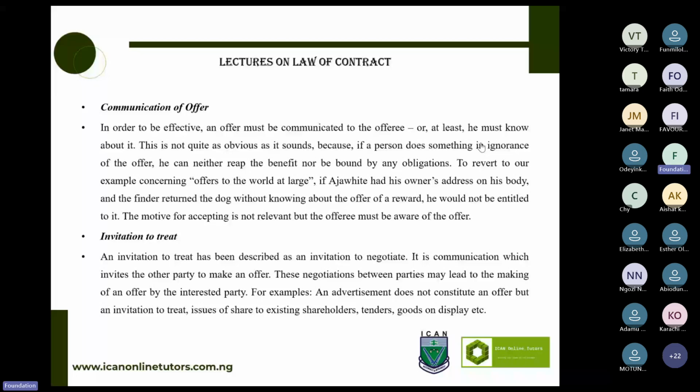So, technically, goods displayed on a shelf are an invitation to treat. You will be the one that will propose the offer by default. The goods will not talk, it is the price that is there. You now make your choice. That is invitation to treat. It does not constitute an offer, nor does it constitute a contract. It is a communication, or an event, that makes a third party express his own intention. Let me put it that way. That is called invitation to treat.